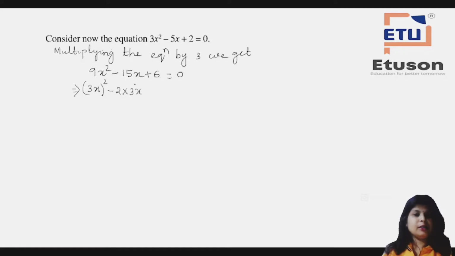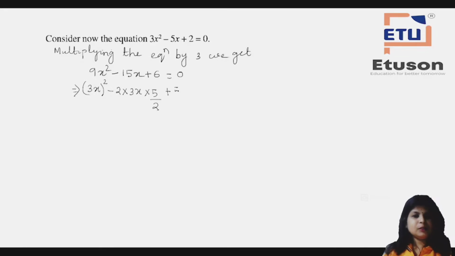You need 15x. So this 15x is nothing but 3 by 3 into 5, so I will write it as into 5 by 2. Does the answer remain unchanged? Yes. So minus 15x can be written in this form, that is minus 2 into 3x into 5 by 2,